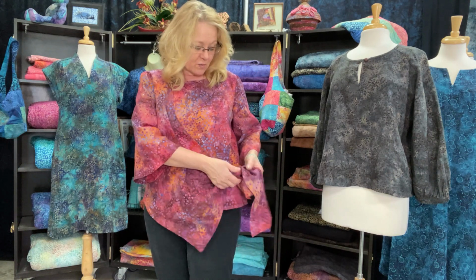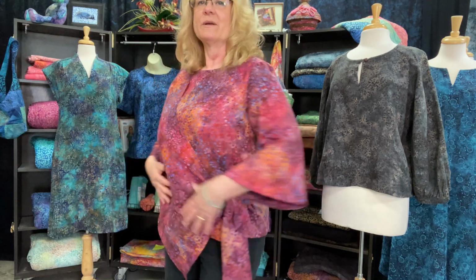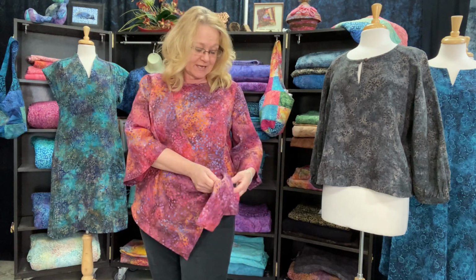And remember, with this particular top, the first time I did this, I was trying to do all these fancy ties and told myself that's really kind of silly, because what it's doing is it's bringing in one side of the back of your garment, and we don't want to necessarily do that. We want to just have a nice accent to the front of our top. And so the easiest thing that I could think of was just simply fold this over